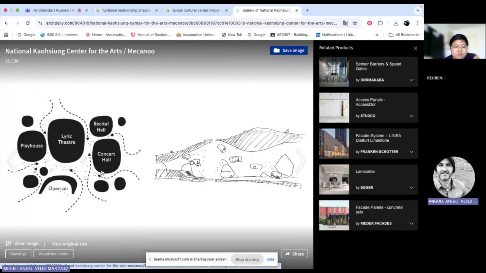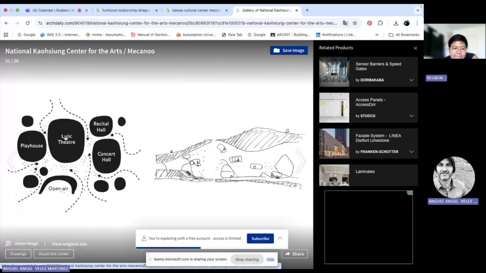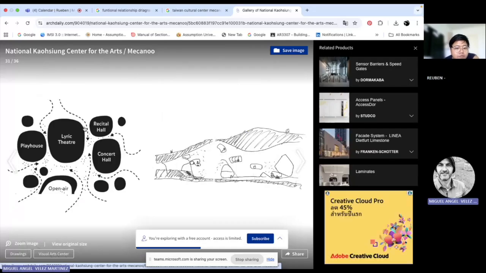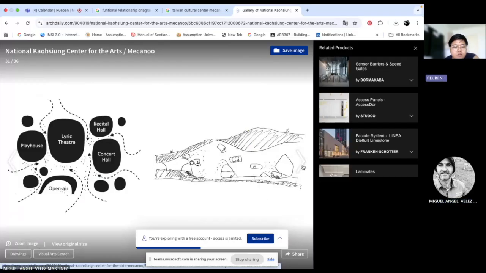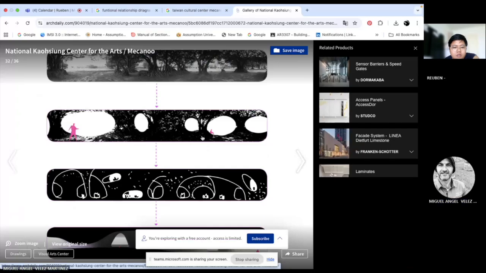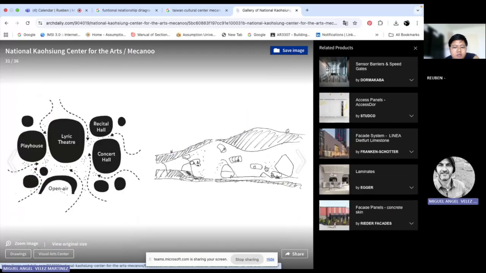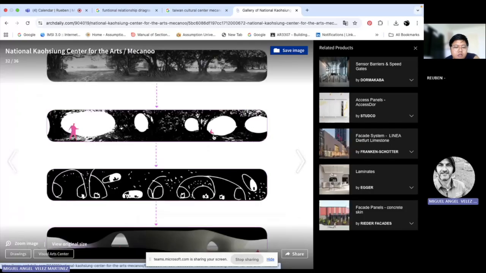This drawing, right? Okay, so by showing this drawing, you can imagine how your project should be, you know? And this is the way to explain the concept. Like that you can see here,